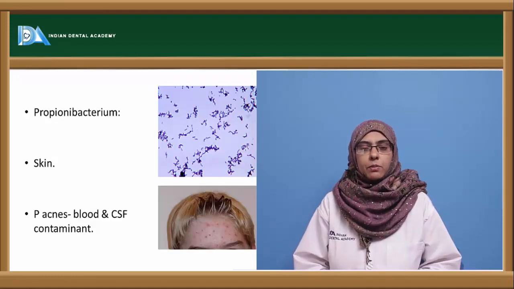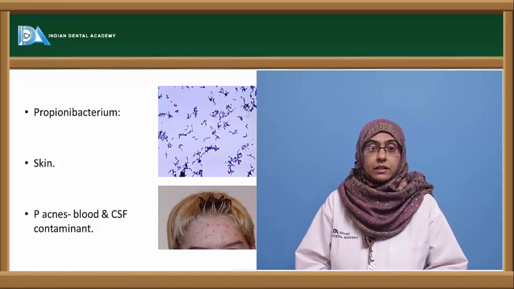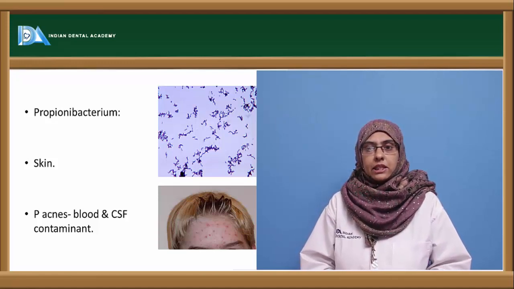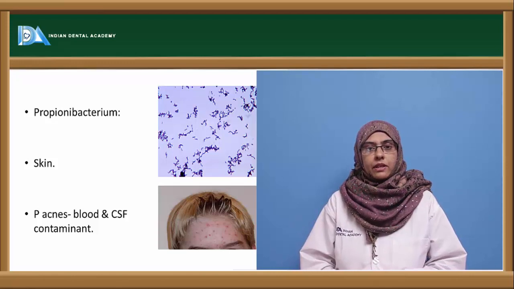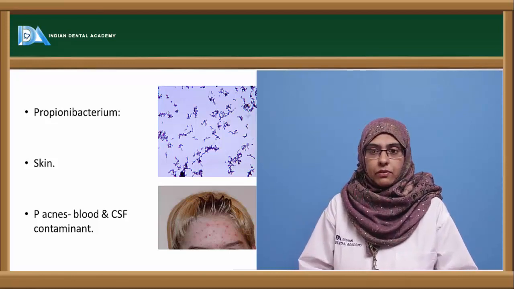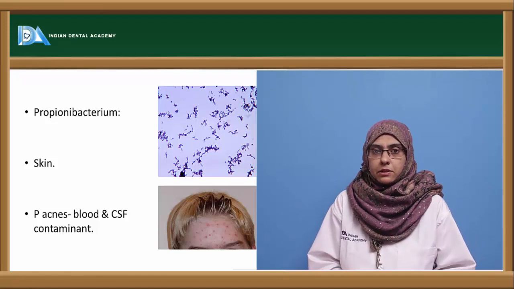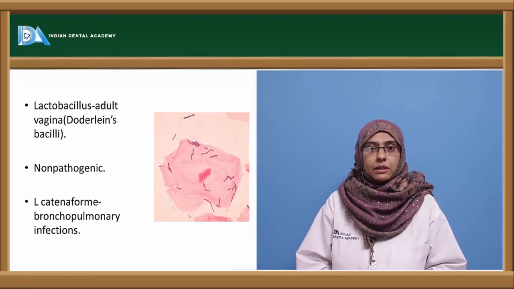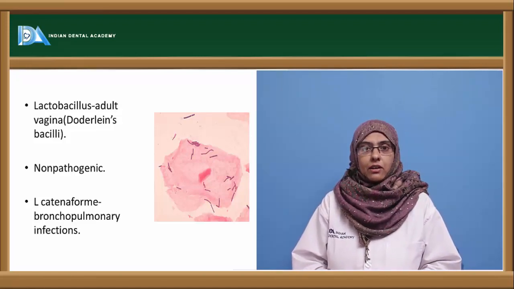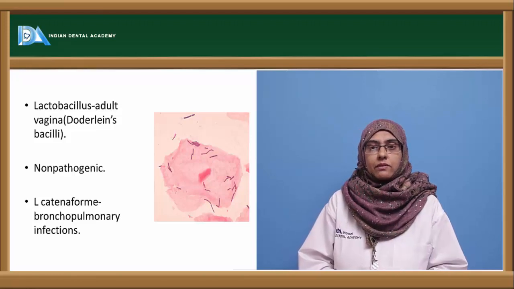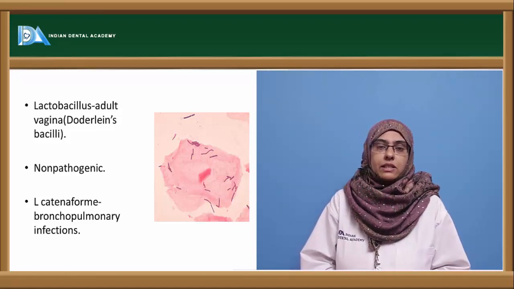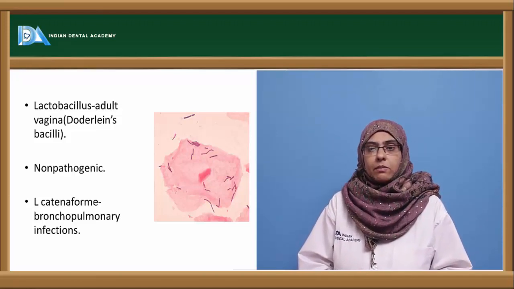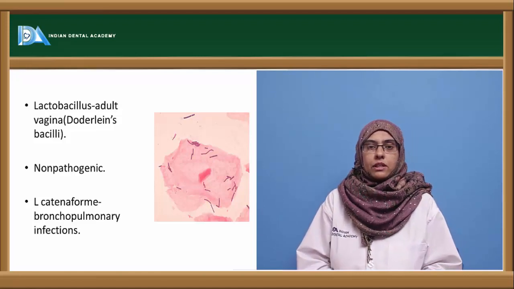The next important group is Propionibacterium. Propionibacterium acnes is involved in the causation of acne, which is a skin disease, and it can be demonstrated in the blood and the cerebrospinal fluid, where it is a contaminant. Next are the lactobacilli, majorly seen as inhabitants of the mouth and the nasal cavity, and also associated with the adult vagina, where they are called Doderlein's bacilli. These organisms are non-pathogenic, except one species, Lactobacillus catenaformis, which is mostly involved in